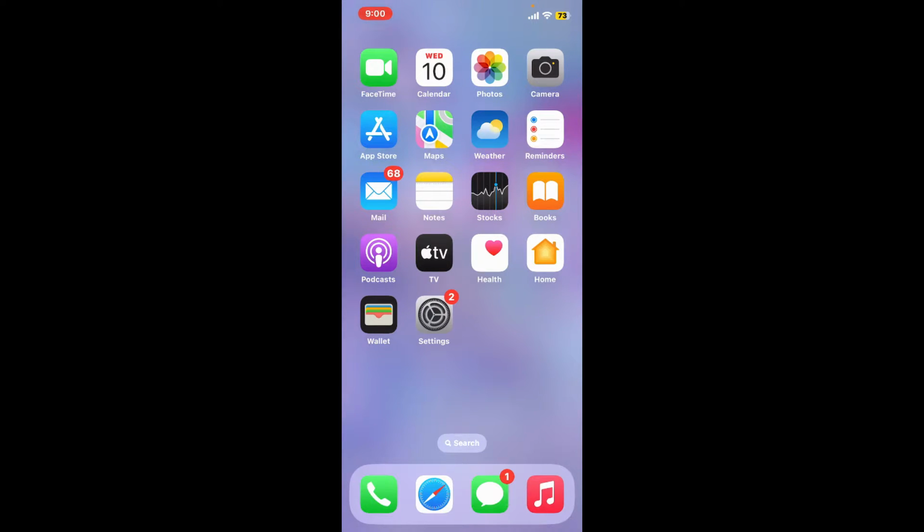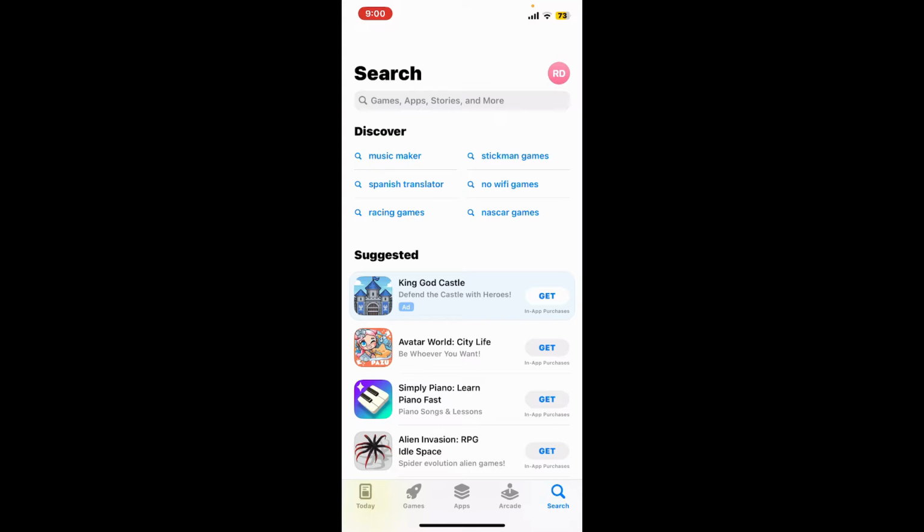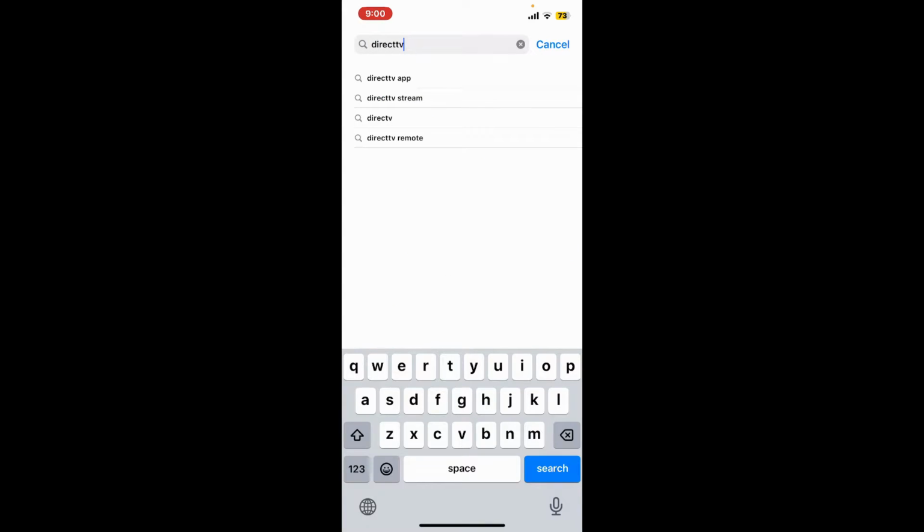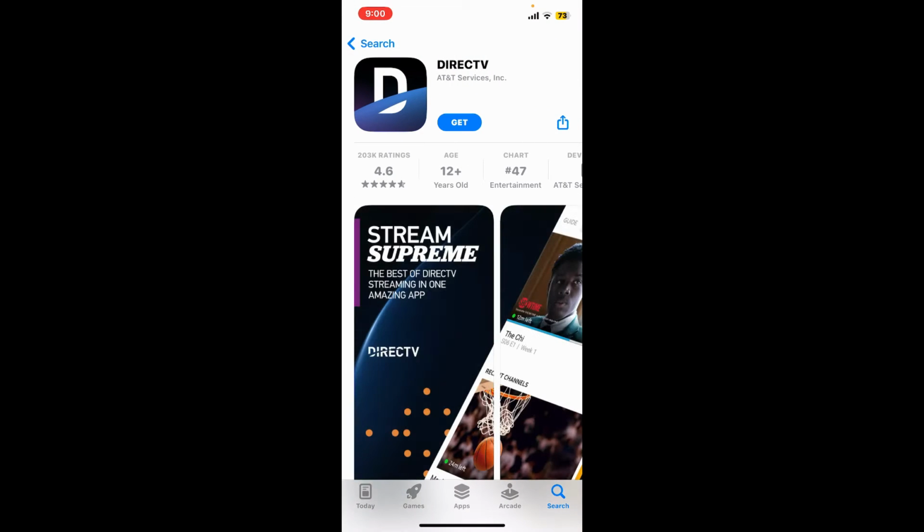Open your App Store to get started. Go to the search box at the top and type in Directv and search. Once you come across this application, go ahead and tap on the Get button to begin downloading Directv application on